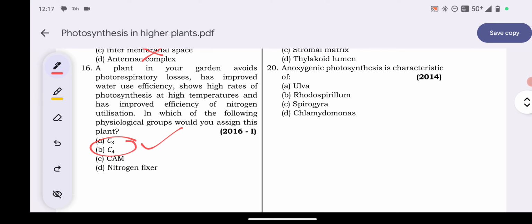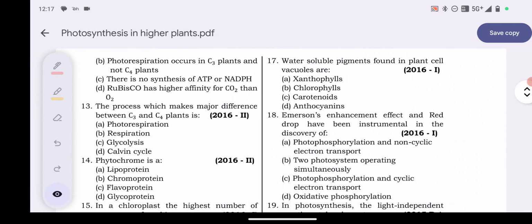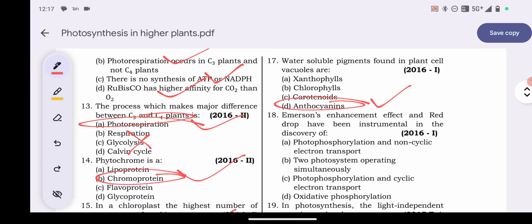C4 plants are unique in that they have a unique leaf anatomy, can withstand high temperature and respond to high light intensity, yet they lack photorespiration. So, option B is your answer. नेक्स्ट क्वेश्चन, क्वेश्चन नंबर 17, 2016 का ये क्वेश्चन था। वाटर सॉल्युबल पिगमेंट्स फाउंड इन प्लांट सेल वैक्यूल्स आर, क्या होगा वो? अभी हमने सॉल्व किया था, ऑप्शन डी, एंथोसियानिन। Anthocyanins are water soluble pigments present in the plant cell vacuole. ओके।